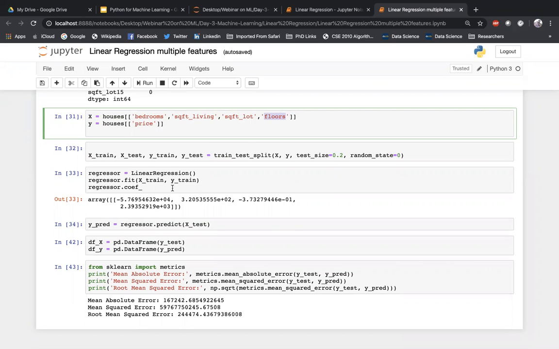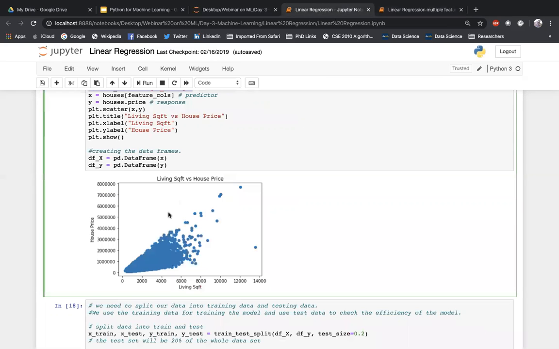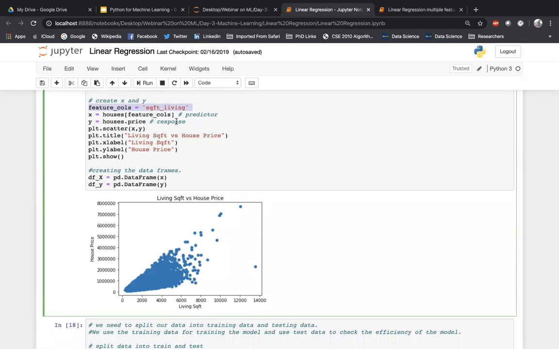Okay, so we don't need to do any more changes. Today I got a question saying, what if I want to plot? While plotting, please understand the plotting is always between an X and a Y. The moment you involve more features in the X column, this will no longer be a two-dimensional plot. Rather, it will become an n-dimensional plot, right? So if you want to see the linearity between the features, you have to plot them separately. You have to apply the scatter plot separately between the features and see if there is any linearity followed in the data. But you cannot visualize all the features together at the same time, right?